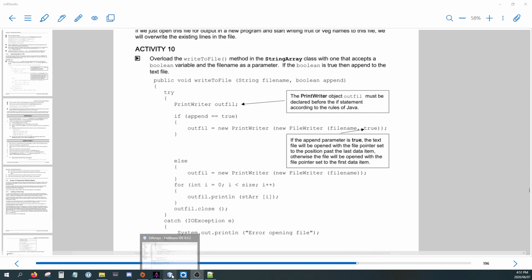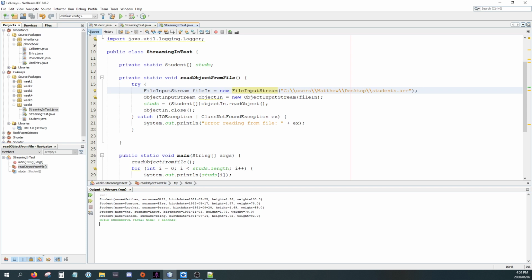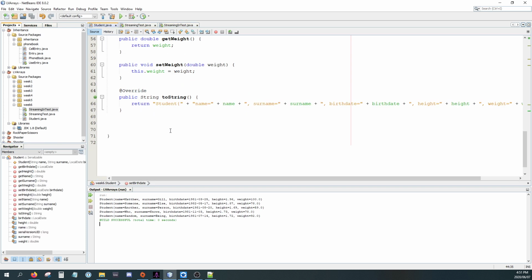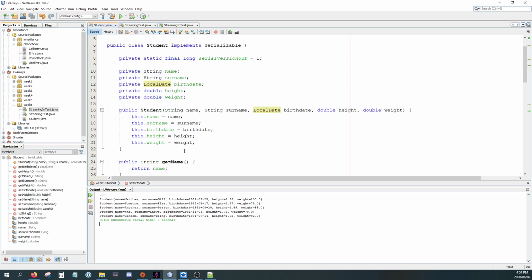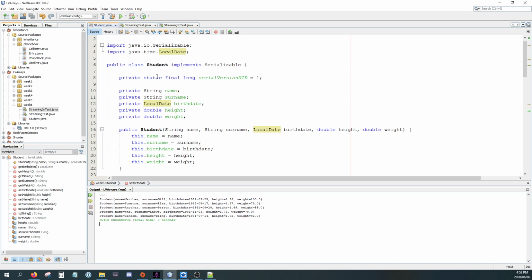So I think you might find this very cool. Once again, you're not going to be doing your pracs like this, but it's very handy for PATs or if you're doing something else. So what I've done here, I've created a class called student, and this is new. I don't think you've seen implements before. And basically, Serializable is it